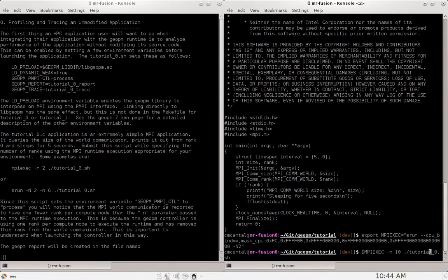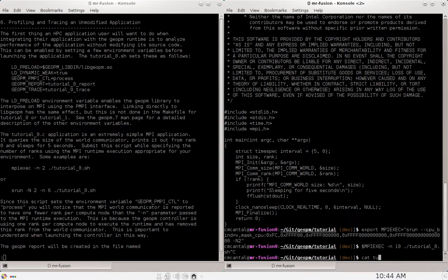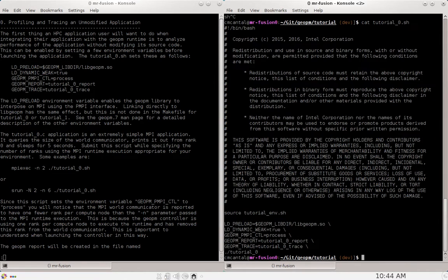the tutorial 0 script, we could take a look at that quickly before we execute it. In the script, you see it just has a reflection of what's in the README in terms of setting these environment variables and then launching the tutorial 0 executable. Additionally, in order to get this GEOPM libdir, we source the tutorial_env.sh, which points us to where GEOPM is installed. Okay, so then if we go ahead and run that,